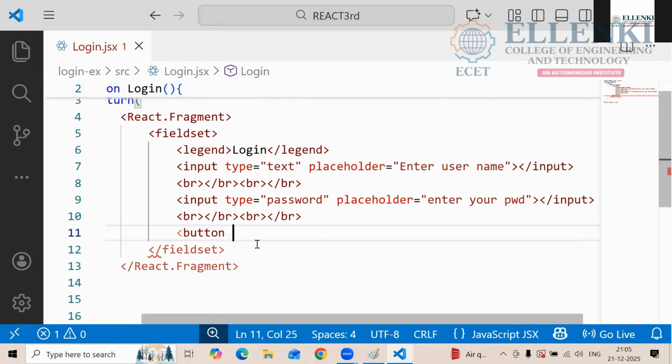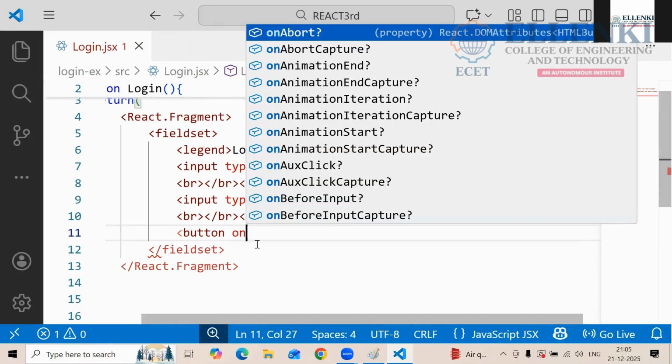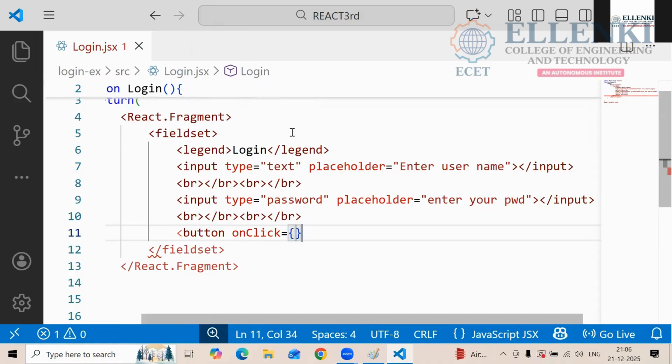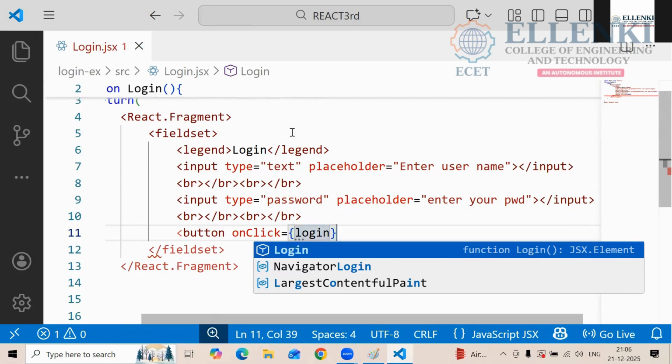So here we need one event. Which is nothing but you have to go and click on that button. So what is the event name? On click event we need. So how we are going to write here? On click. In this on click you have to give the function, which is nothing but what will happen when you are giving the credentials. Okay, that function we will write later. Otherwise right here only I am taking the function name also login. That only. So why it is showing 3 dots?